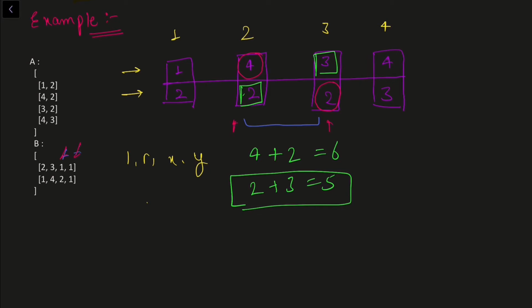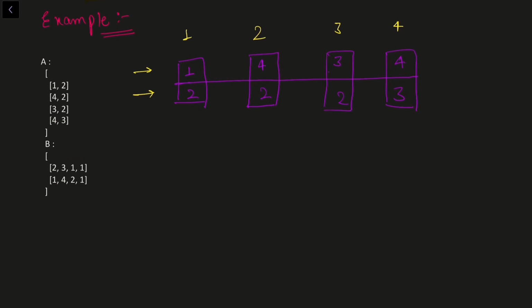Now let us look at the second query as well. Now as we know what actually the problem statement is asking us, so now I'm going to explain the solution with the help of second query. Okay, so the second query is, the range is 1 to 4. So in this case we have the complete range and we need at least 2 elements of type 1 and at least 1 element of type 2, right?